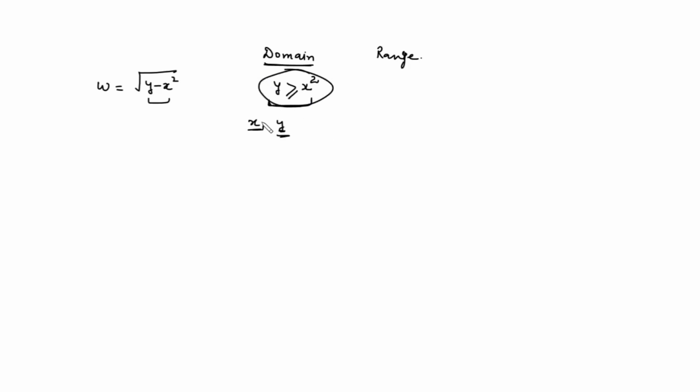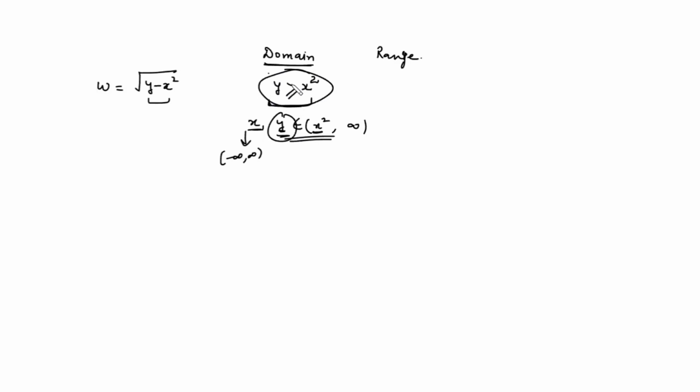You can precisely state the constraint: your y is going from x square to infinity, and x can be anything, minus infinity to infinity. No ma'am, x cannot be a positive value if y is a negative value. Y cannot be negative at all, that's why I've taken it from x square. It's greater than or equal to x square. Okay, yes, I had not seen the constraint. Yes, so better you write in this form.